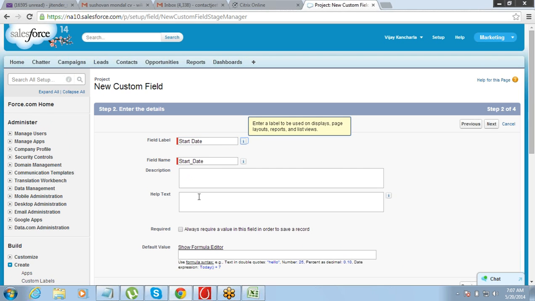Now it's pretty simple. Start date. If you want the field to be a required field, means a mandatory field. Required field, if you would have noticed while you try to create an account, this account name is a